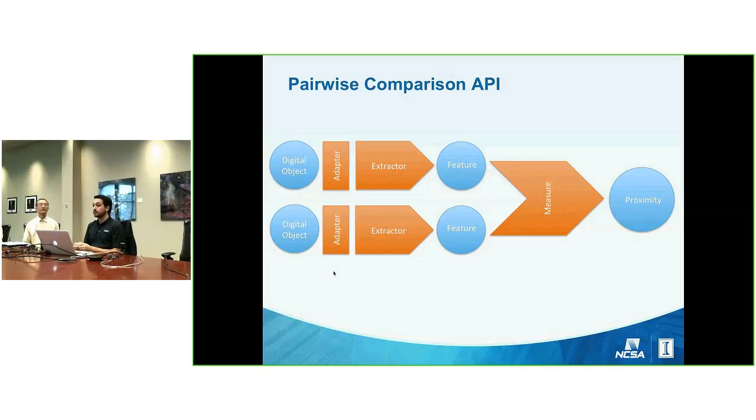Yeah. Measures are typed by feature, so measures accept features of a certain type. You might have measures that accept the same type of feature, and you might have measures that accept completely different ones. Think of it as matching feature descriptor types to measures and vice versa. And so when thinking about the search space of all the possible comparisons that you might want to do,